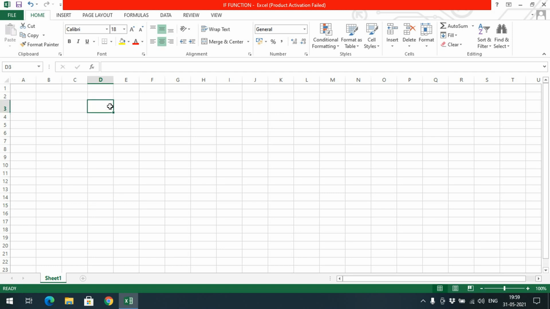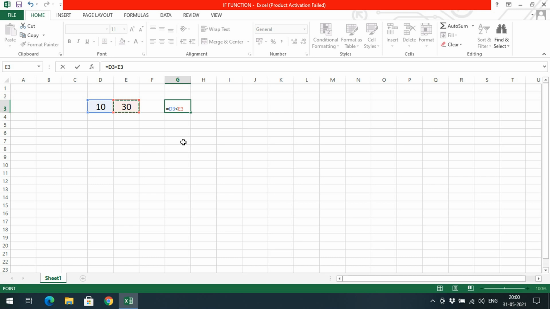First we will see, I will take two values, 10 and 30, and I just want to compare if it is less than or greater than. For that, simply I use the cell, the following cell is less than this following cell. Here I have not used any IF function, right?